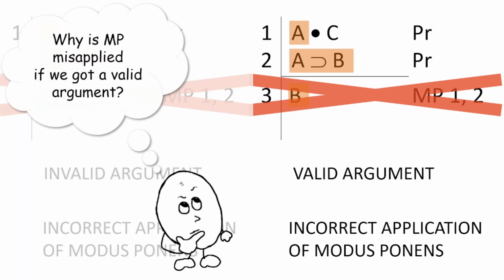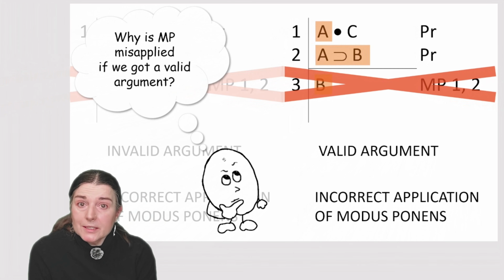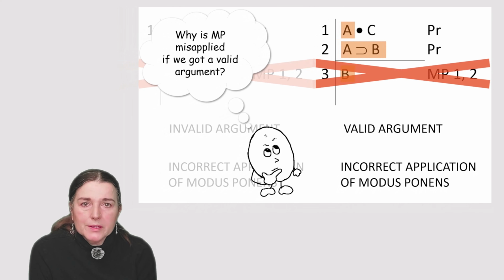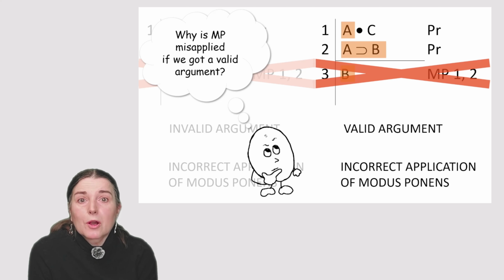You might wonder why Modus Ponens is misapplied when we obtained a valid argument. Recall, all inference rules are truth-preserving. They are to guarantee validity of inferences they license. Now, if we were to apply inference rules to components, some of the arguments thus derived would be valid, but some would be invalid. That's not good enough. Just as inference rules are to guarantee validity, so their application must guarantee validity also. And since the application of inference rules to components does not guarantee validity, it is always incorrect to apply inference